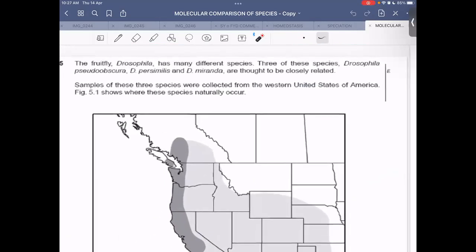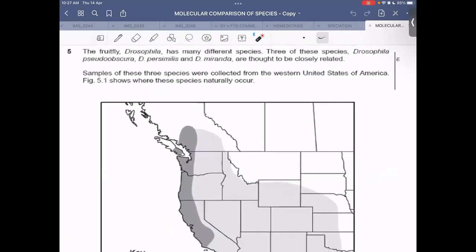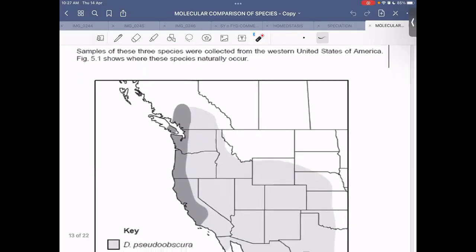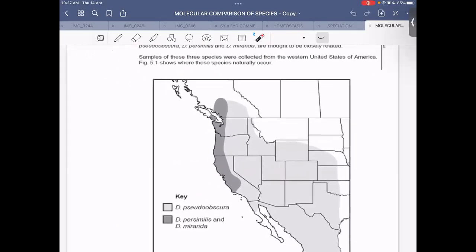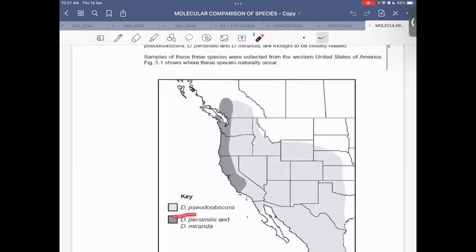This example is from a past paper in which it's about a fruit fly, Drosophila. It has many different species. 3 of these species, Drosophila pseudoobscura, Drosophila persimilis, and Drosophila miranda, are thought to be closely related. Samples of these 3 species were collected from the western United States of America. Figure 5.1 shows where these species naturally occur. So you can see where they are naturally occurring. These 2 species are occurring on this thin belt,